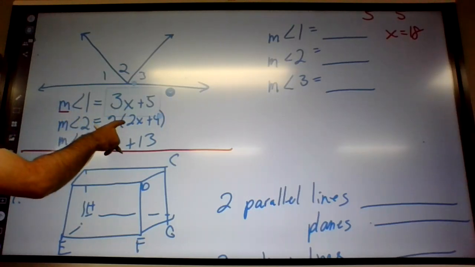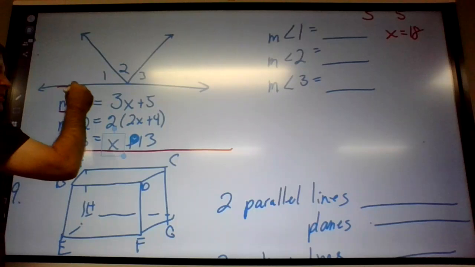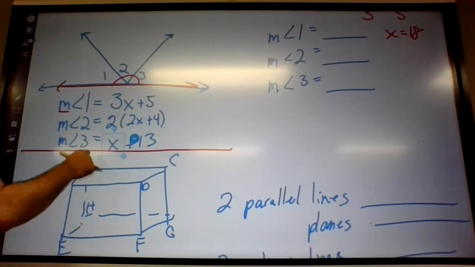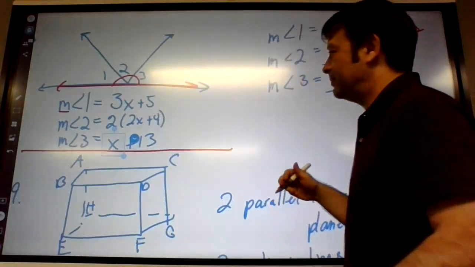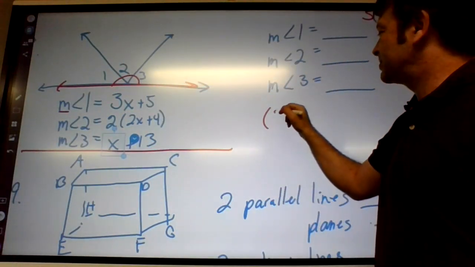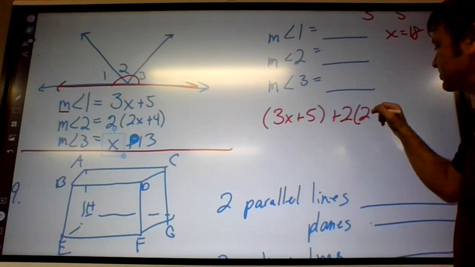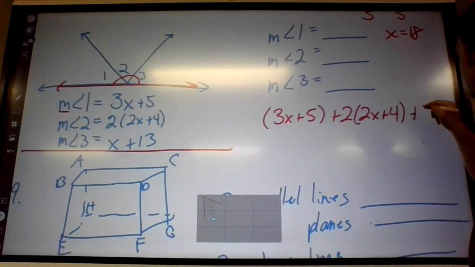So these represent the three angles. So these three should add up to 180, because when you have a straight angle, it has to be 180. So these three together add up to 180. We did something kind of like this on the review. So anyway, it's 3x plus 5 plus 2, 2x plus 4 plus x plus 13